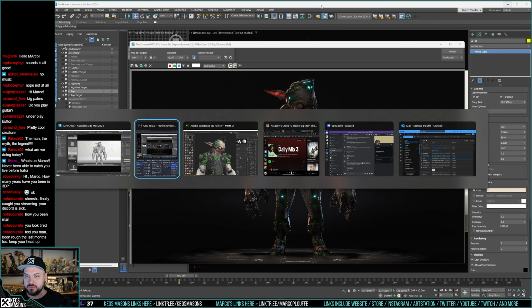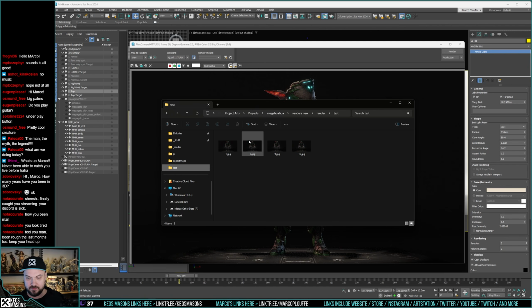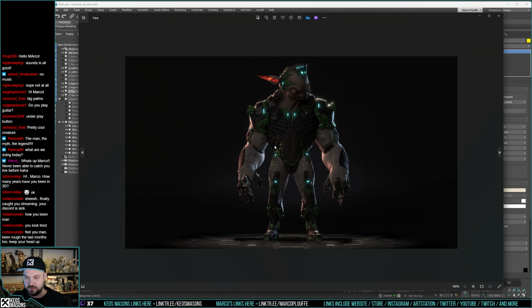Whoops, I closed my little navigation thing. All right. So this is no light. This is the top light. This is the top light moved. Okay, already I don't like this, so